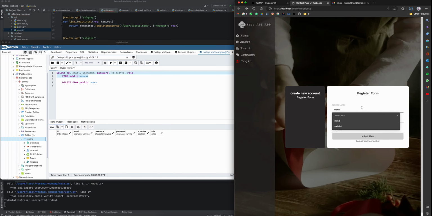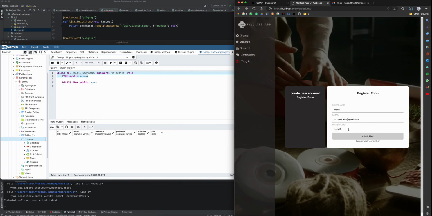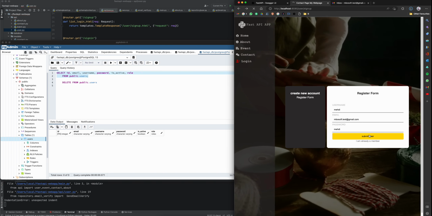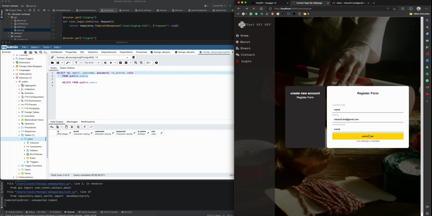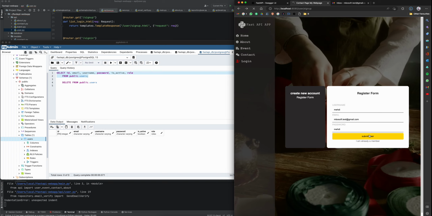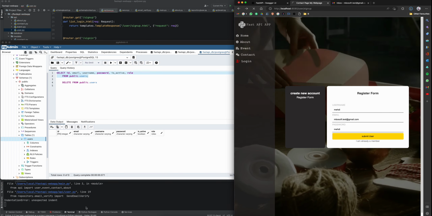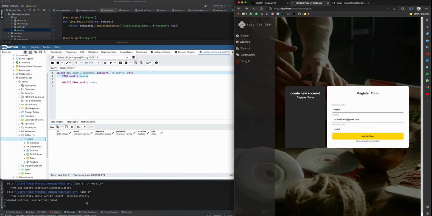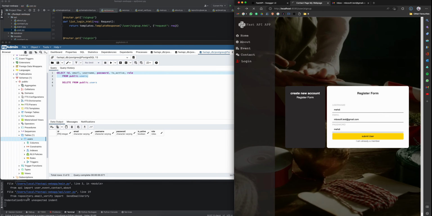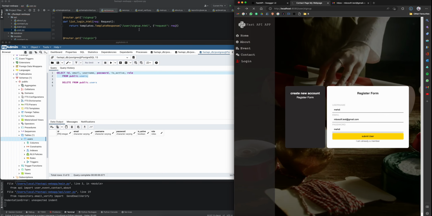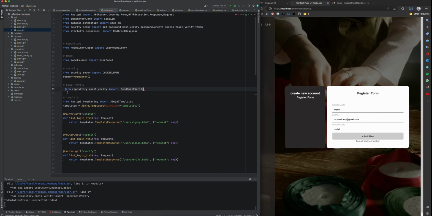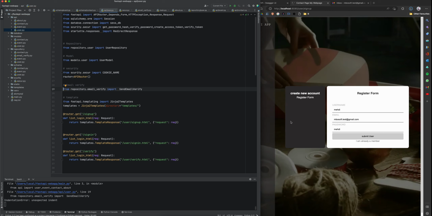Okay, Medi, just Medi. Okay, we have some error from email identity and it should not find it. Why? Because okay, now